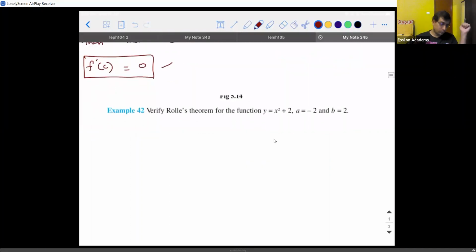So what are the first things we need to do? When they say verify, you can ask me a question. What are we supposed to verify? It's very simple. First, check if the function is continuous between the given points. Between minus 2 to 2, do you think x square plus 2 is continuous? So keeping everything aside, we can understand that x square plus 2 is a polynomial function. Right? So every polynomial function has a domain of the real number set. So between minus 2 to 2, I can surely say that x square plus 2 is a continuous function.